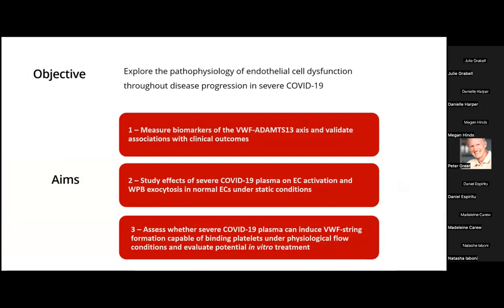So the objective of my study is therefore to explore the pathophysiology of acute endothelial cell dysfunction throughout disease progression in severe COVID-19. And to do this, my project's been organized into 3 aims. For aim 1, it involves measuring biomarkers of the VWF ADAMTS13 axis and validating their associations with the clinical outcomes